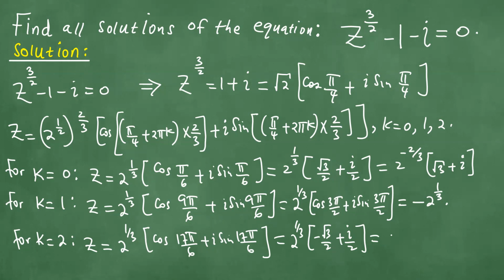Upon further simplification, this is 2 to the power minus 2 over 3 times minus the square root of 3 plus i. Like so. And therefore, this becomes the result. And we had to find the solutions to this particular equation, and we have been able to find the solutions